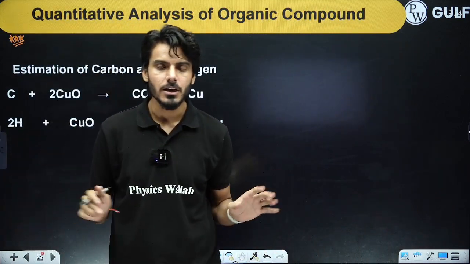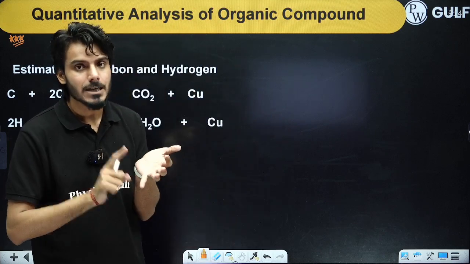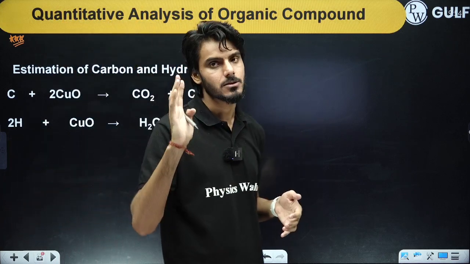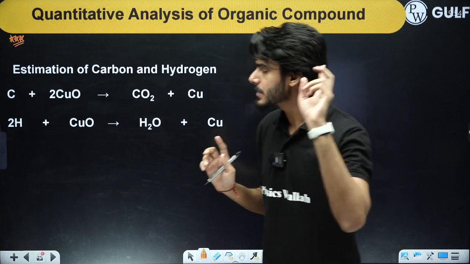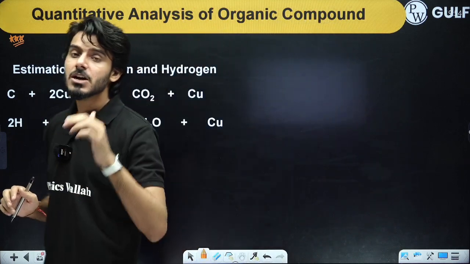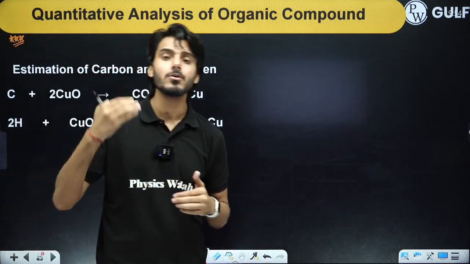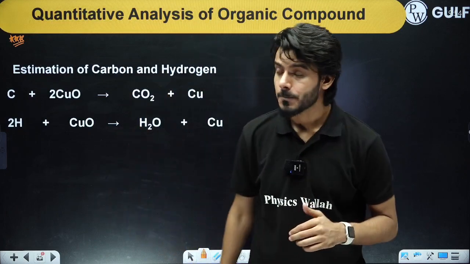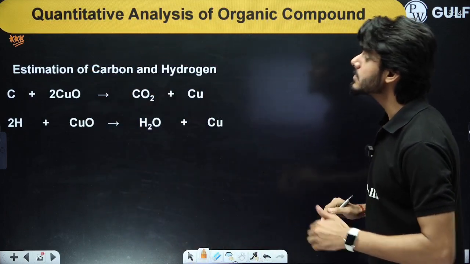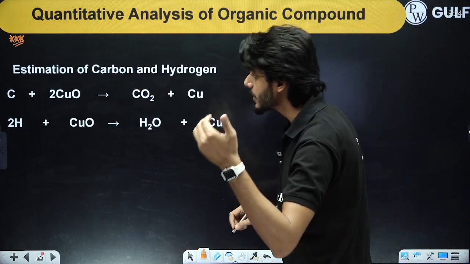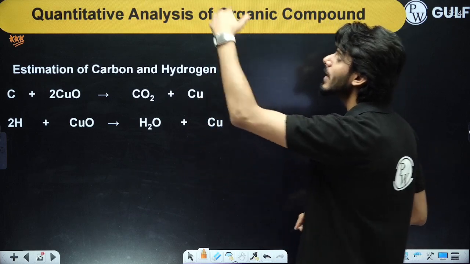Complete theory, okay. You have to remember the examples and the principle of all these methods. The second thing was qualitative analysis. In the qualitative analysis, you have to remember the chemical reactions. But in the quantitative analysis, you have some chemical reactions which are very similar to the qualitative analysis